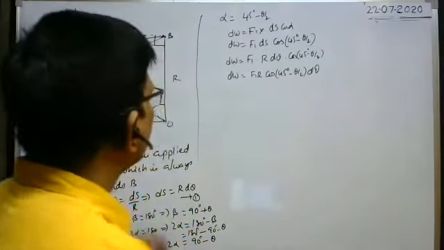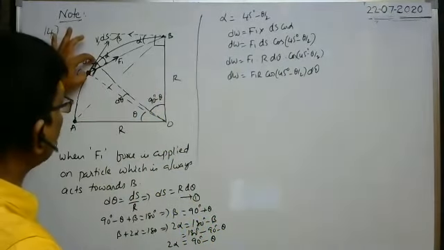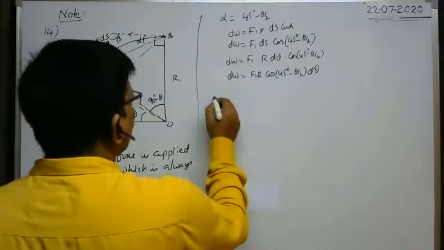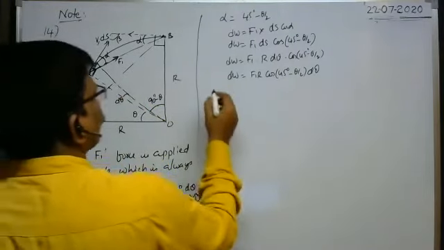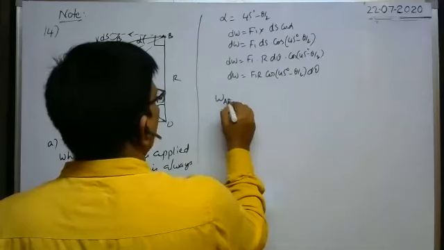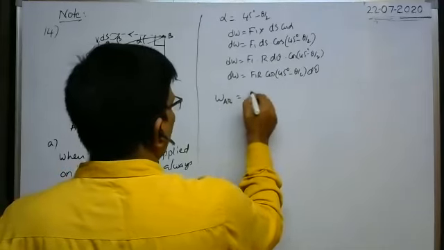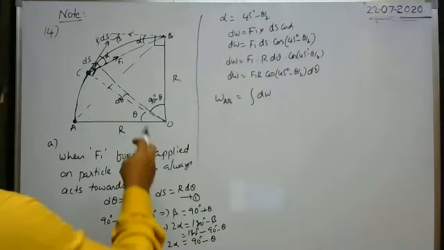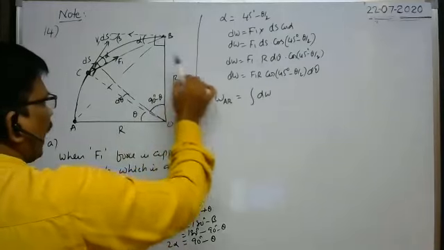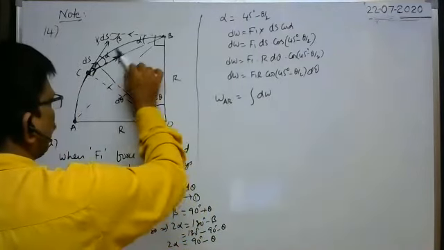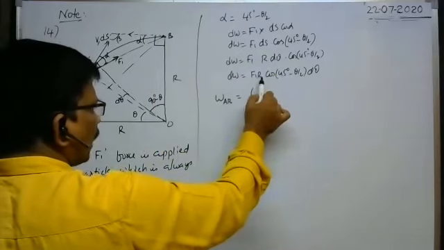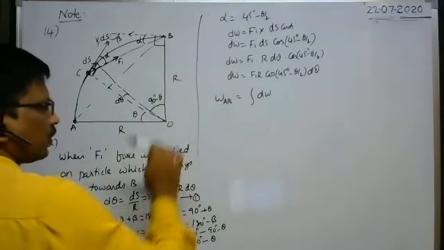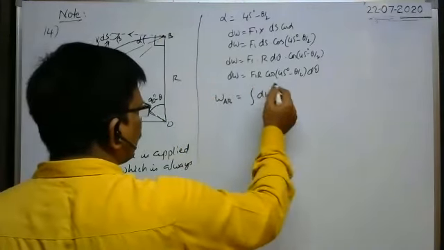So the work done to displace the particle through a small displacement ds due to this force F1 is equal to this one. Therefore, the total work done in displacing the body from A to B due to the force F1 is equal to the integral of dW. Between which limits do we have to integrate? Whenever the particle is displaced from A to B, the only variable is theta. R does not change, the magnitude of F1 does not change. The direction may change, but the value does not. That's why F1 and r are constants, only theta varies.